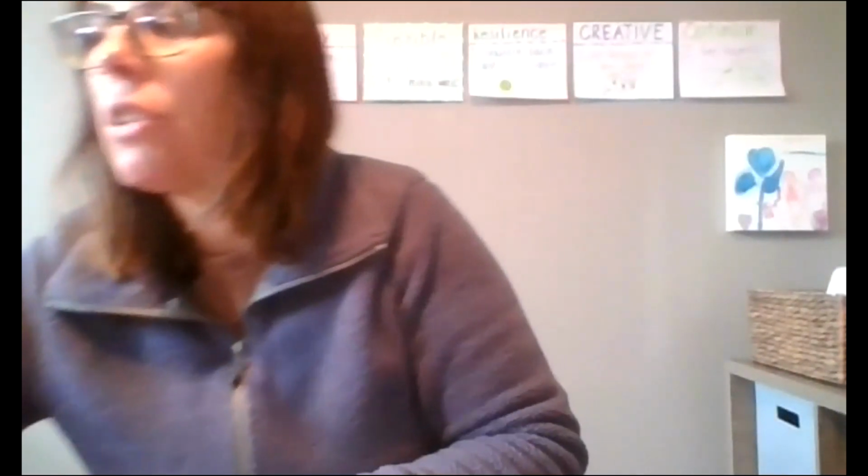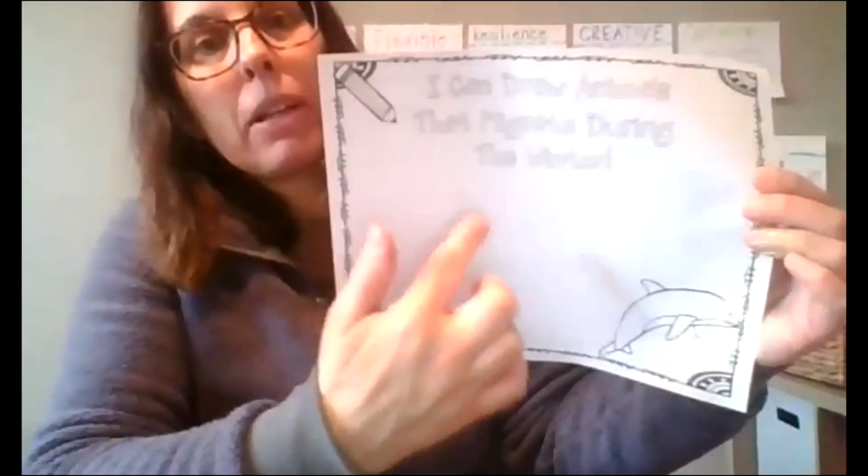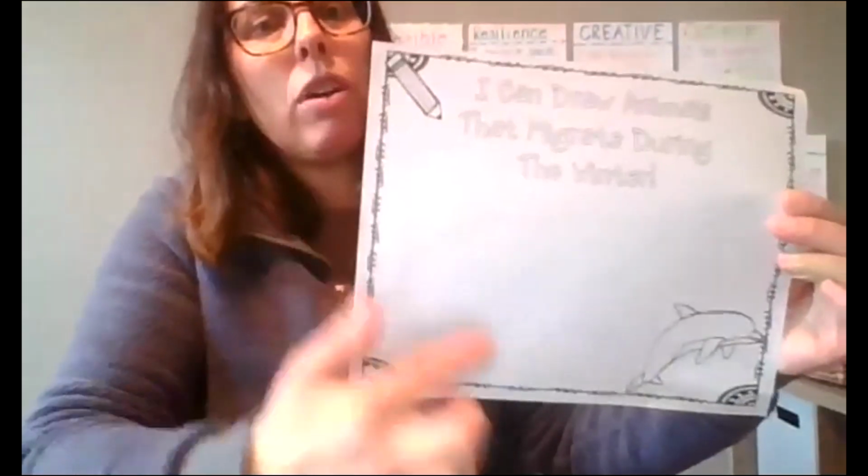Now, as we read our book today, you'll notice that we'll talk about a bunch of different animals. And those are the different animals that you can start adding to this paper. So the animals that you know that migrate, if you know some already, you can draw on here, or listen when we read our book today and you'll get some examples. And then I'm going to want you to draw some animals on this paper that migrate. So we'll just start building our knowledge with some pictures of animals that migrate. So that gives us some examples of animals that migrate. Let's read a book together. Here we go.